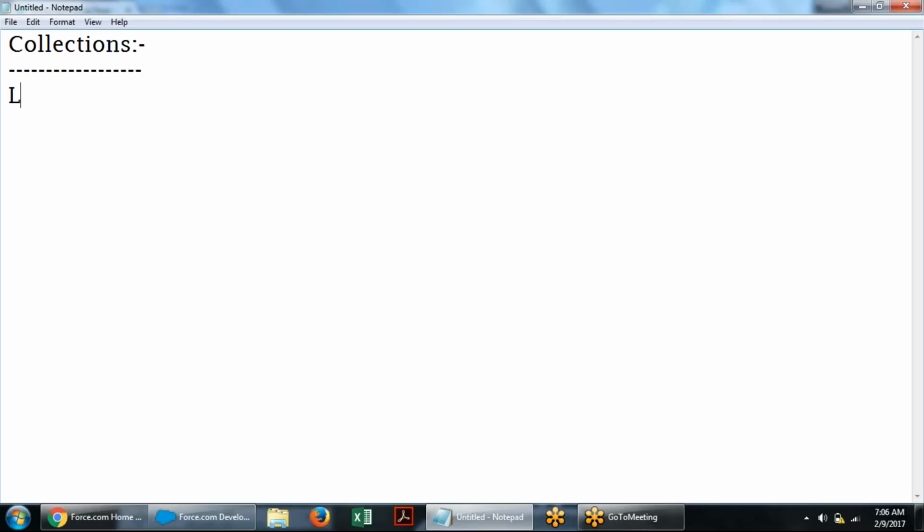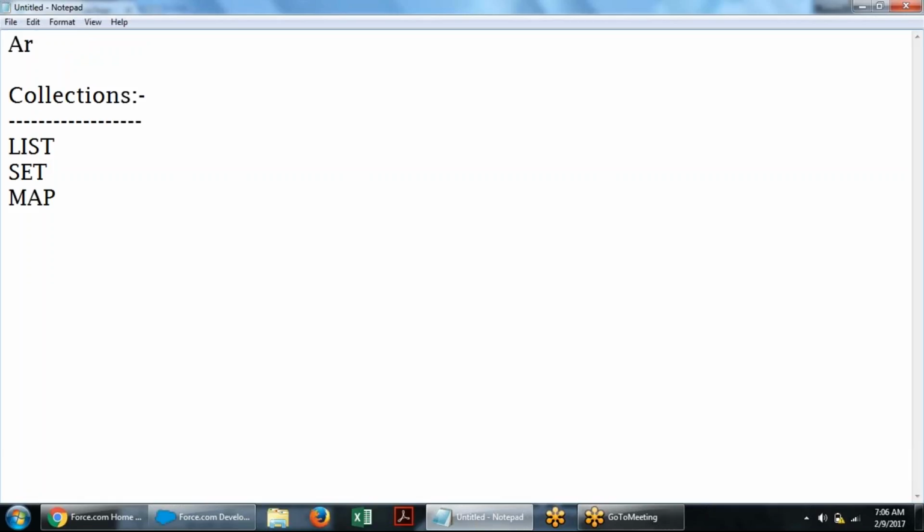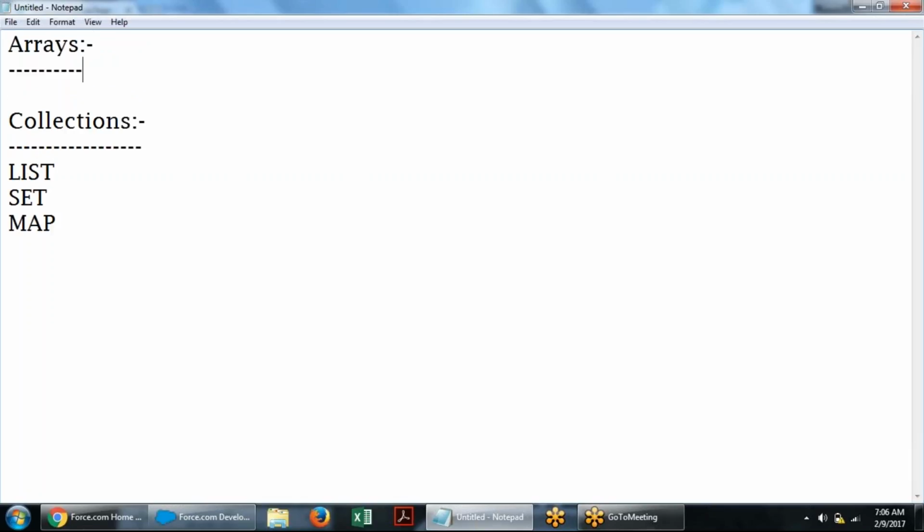So collections, I have list and then set and map we have. So before collections we have arrays. Many object-oriented programming languages support the array concept. So using the array you can insert more values into the same variable. Okay. So as of now we have seen,